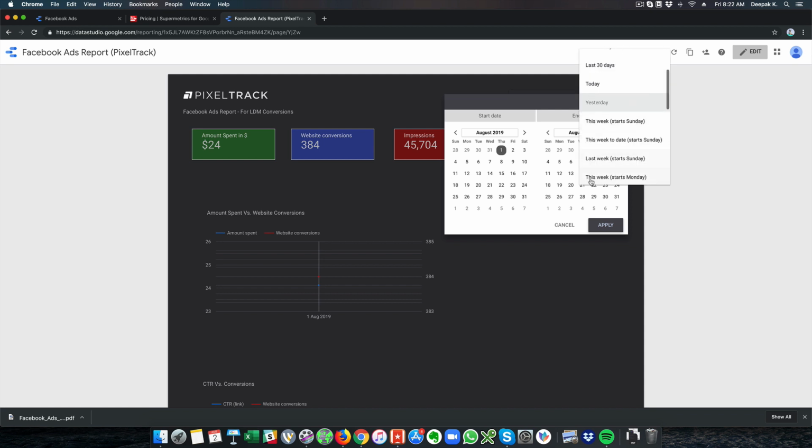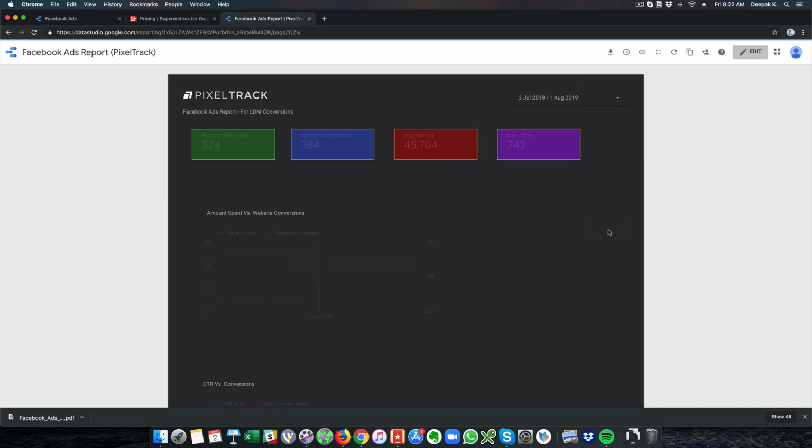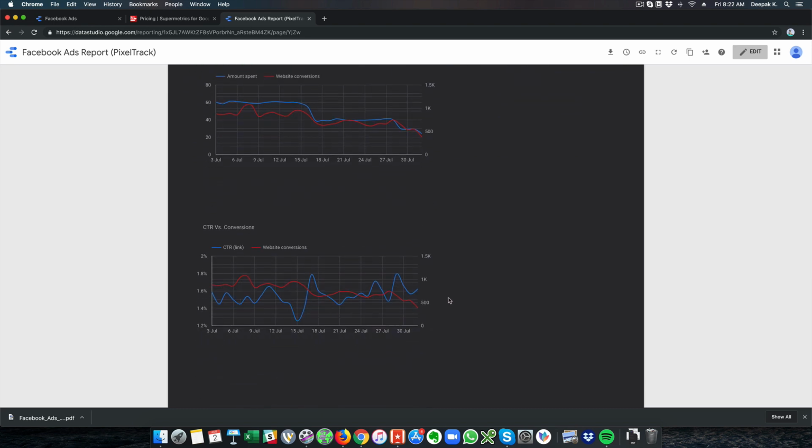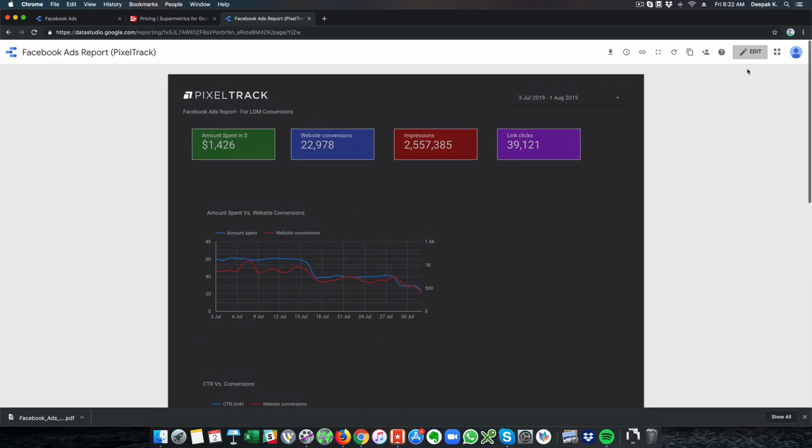And let's say last 28 days. So if you look at last 28 days, or last 30 days. So last 28 days is 4 weeks. Last 30 days is approximately a month on average. So now we have last 28 days, and I can see what is the amount spent every day, what is the conversion every day if I just hover over the graph. Here also I can hover over the graph.